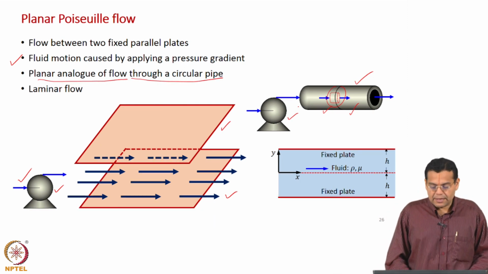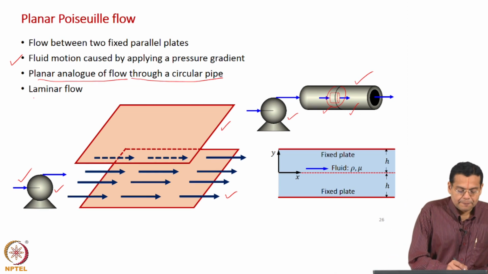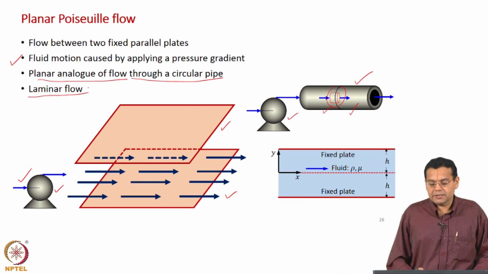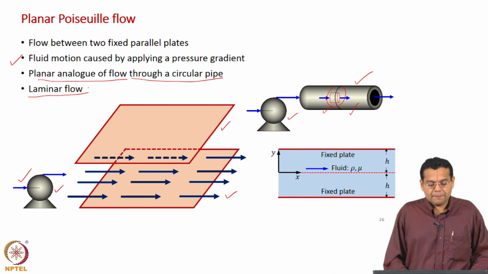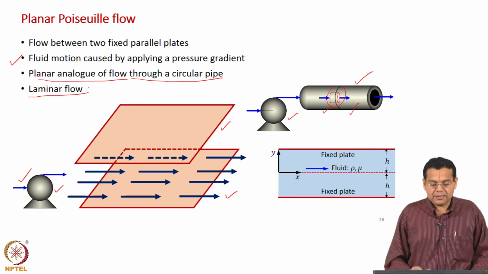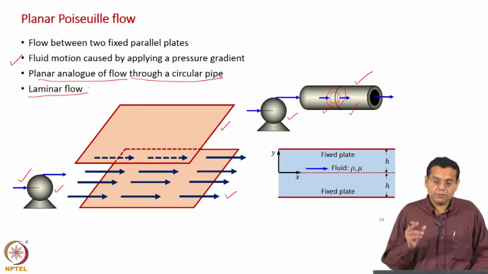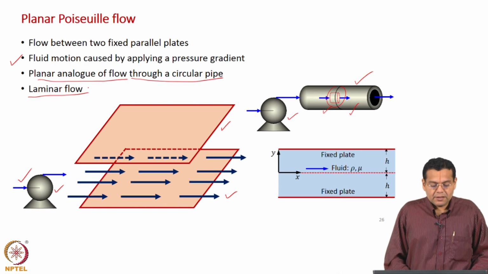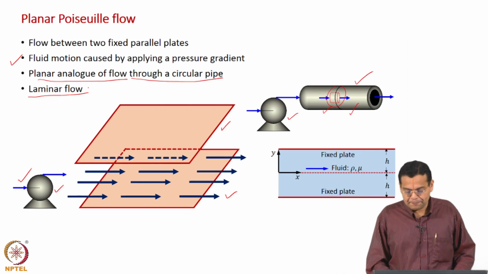And of course, you are going to consider laminar flow. We have discussed two flow regimes, laminar and turbulent, when we discussed inviscid flows, which was our second level of application. There we saw inviscid flow happens at high Reynolds number, and now we are discussing the other extreme, laminar flow. So, this happens at low Reynolds number.